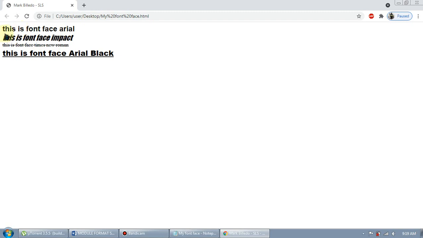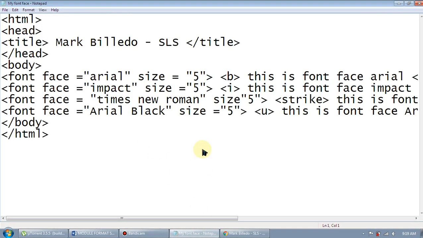So as you notice, they have different font faces. So these are now Arial, the impact. So this will be the font face for the impact. And of course, we have here the Times New Roman, and we have here the Arial Black. Okay, Arial Black. Wait, I think I made a mistake. Okay, here